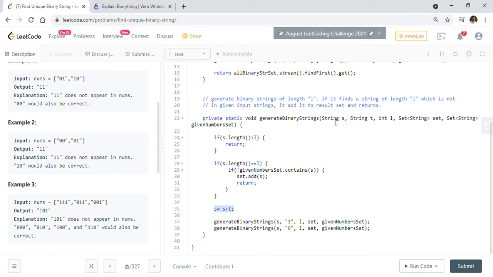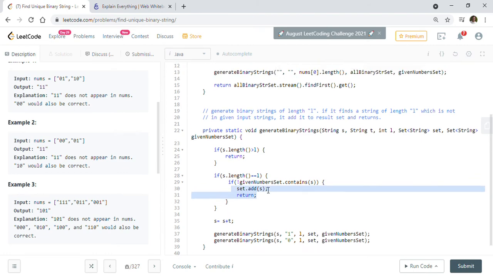This will generate all the binary strings of length n, and here we are doing the condition check. When we find the length that we are looking for, let's say length 3 in the example, we check whether the string that we have generated is already in the input set. If it's not there, we just add it into our result set and return after that.